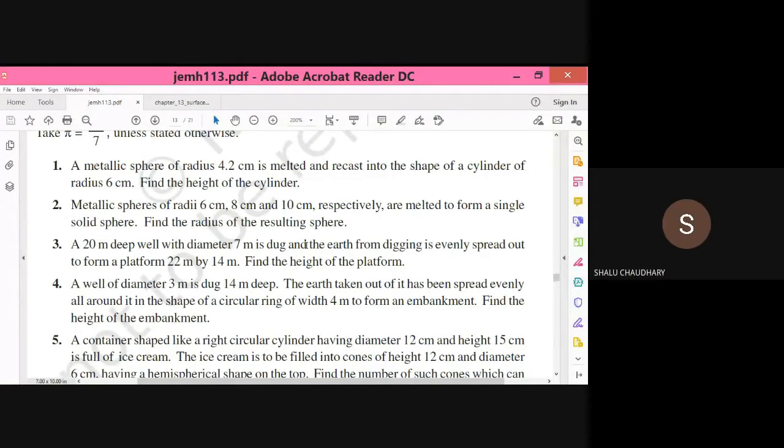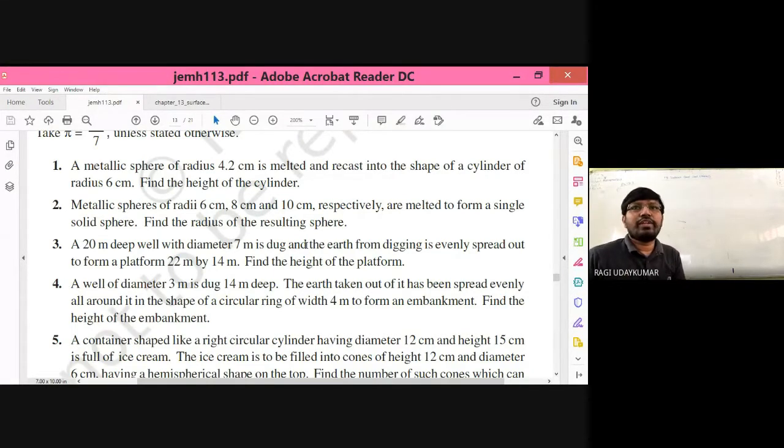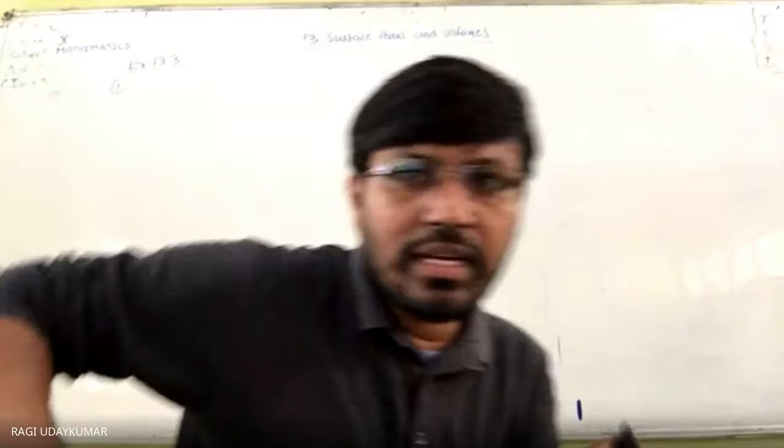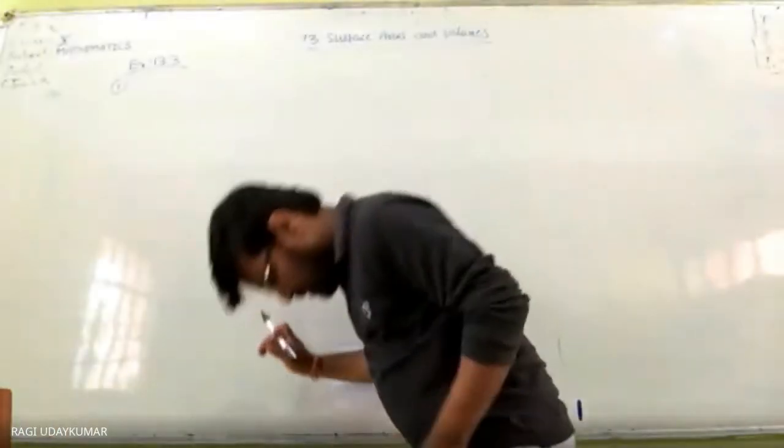Yes, sir. The first question is given to you: a metallic sphere of the radius 4.2 centimeters is melted and recast. Recast means changed into the shape of a cylinder of the radius 6 centimeters. Find the height of the cylinder. So let us take into consideration the dimensions given here. Did you understand the question? So the first